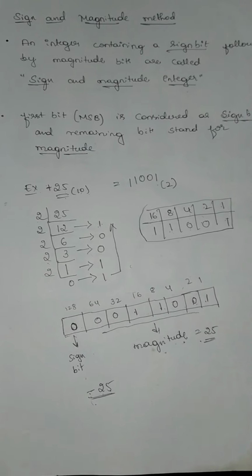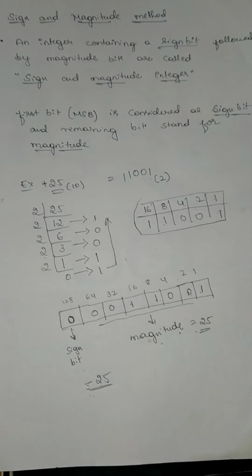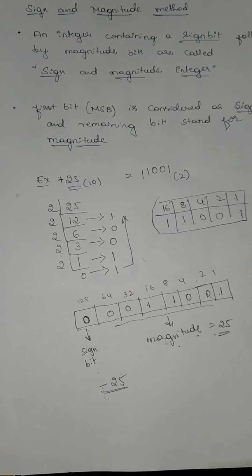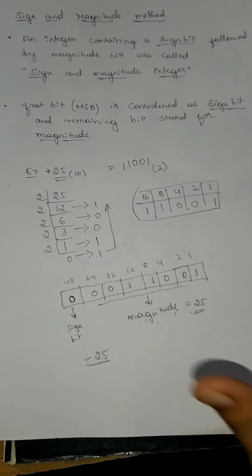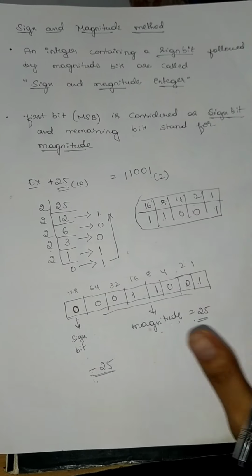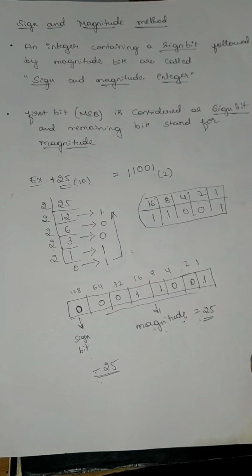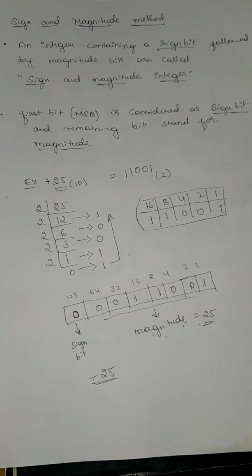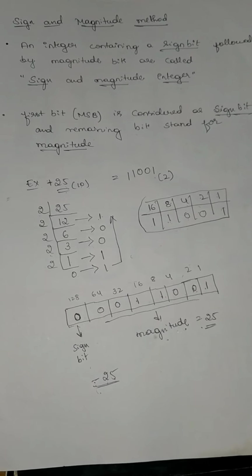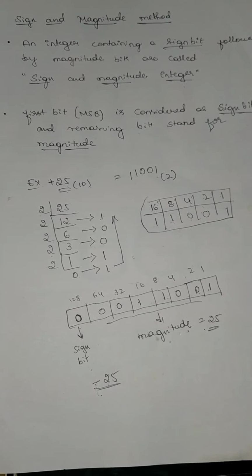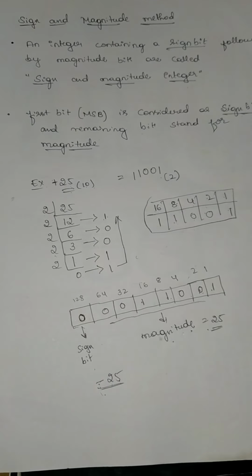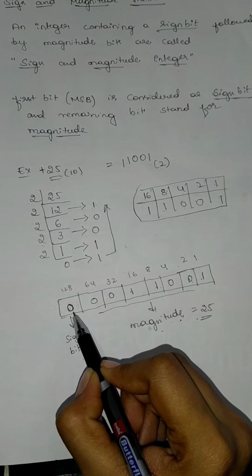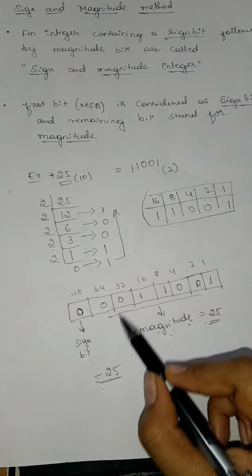So in the next session we will see how to represent any given negative integer with the help of ones and twos complement. Okay, so whether it is a positive or negative number, what do we do? We represent it using the sign bit. So if an integer is followed by a sign bit along with a magnitude, then that will be considered a sign and magnitude integer, right? And the first bit, that is the most significant bit, is used to represent the sign bit. Okay, and the remaining bits stand for the magnitude bits.